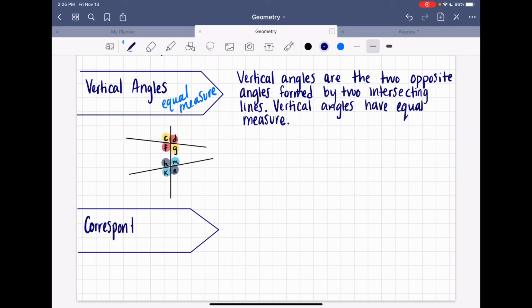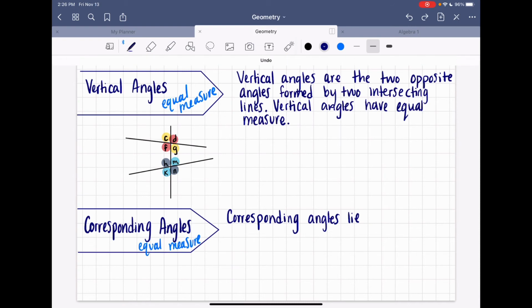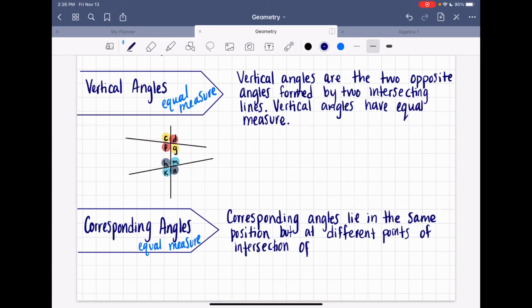Okay, our next one is called corresponding angles. Corresponding angles also have equal measure. Corresponding angles lie in the same position but at different points of intersection of the transversal. So here I will draw the transversal